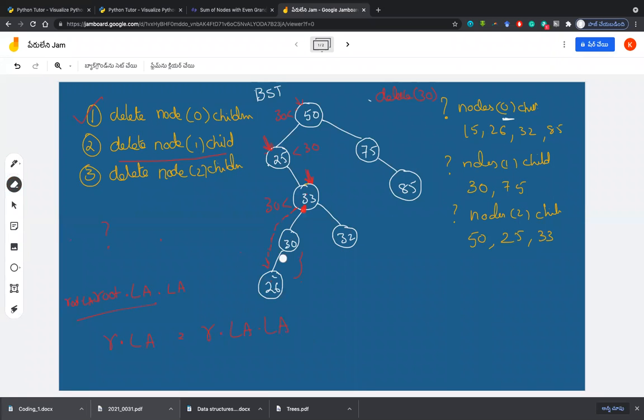So now how it appears? We just close it like this. So now your 33 is connected to 26, but 30 has been deleted. Until now, our life is very easy with deleting the last leaf nodes with no children and deleting the nodes with only one child. It's very easy for us to go beyond that.